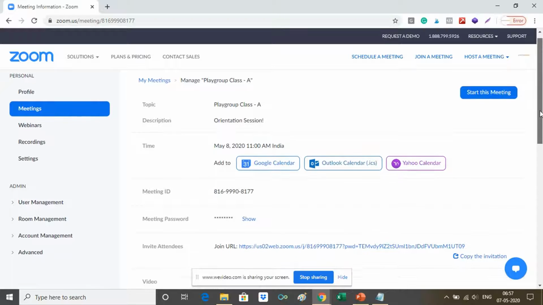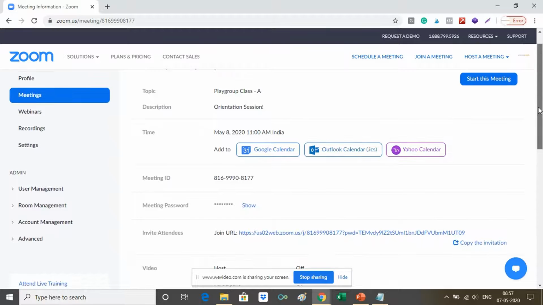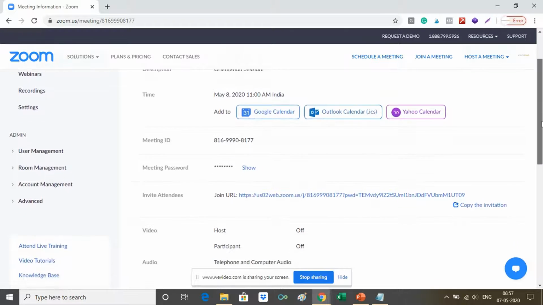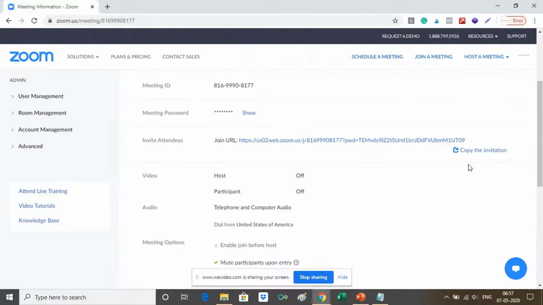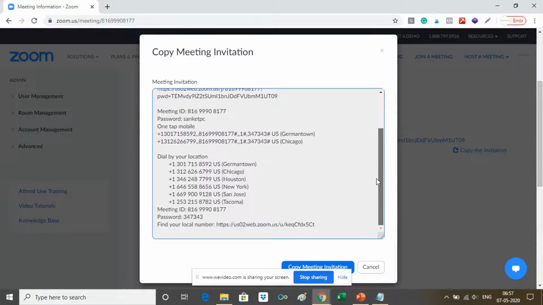Now, once you have scheduled a meeting, say for tomorrow, and you want to start inviting or informing parents about the session, there's an option here which says copy the invitation. Just click on this. Again, as I told you, there's a lot of information which is not needed.